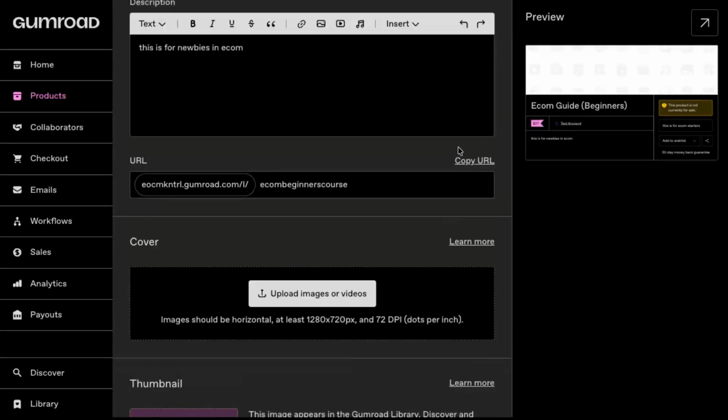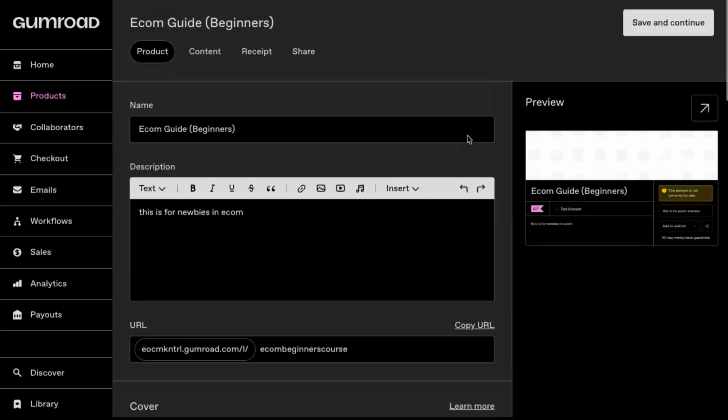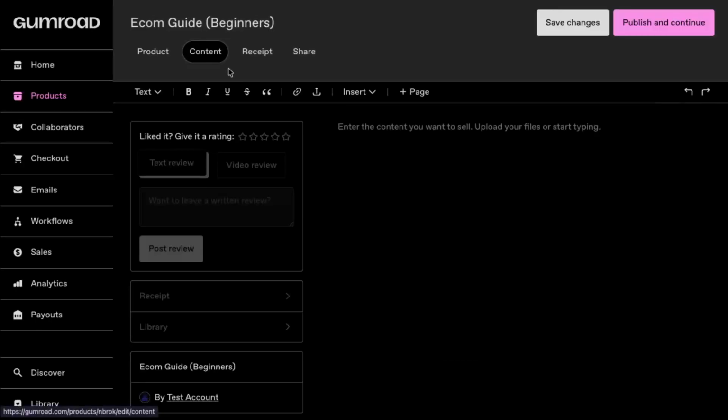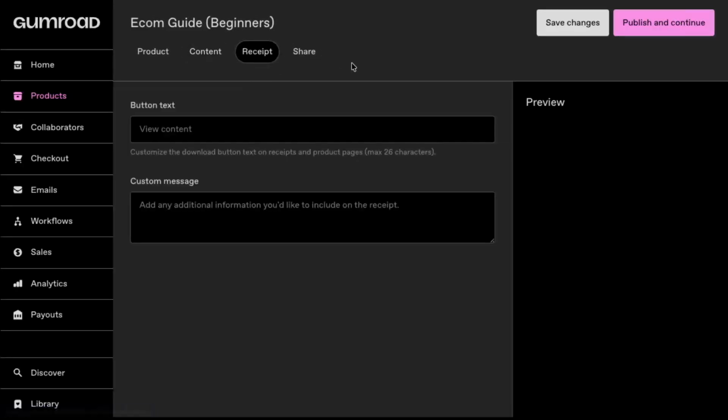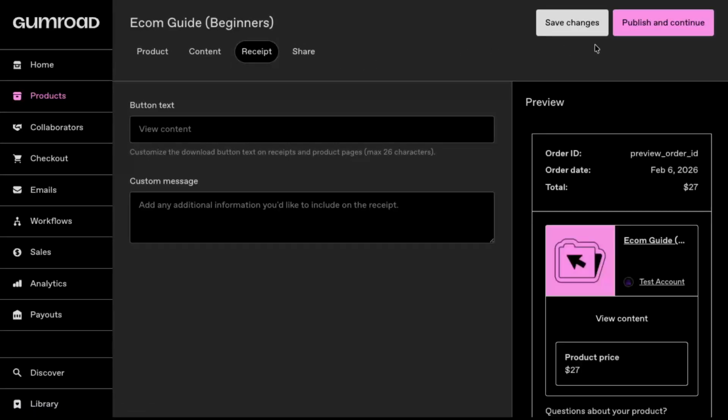At the top, click the Content tab to upload the actual digital files your customers will get. Then switch to the Receipt tab to customize the button text and add a thank you message or next steps. Go to the Share tab when you're ready, then click Publish and Continue. Gumroad will walk you through the final, very straightforward steps. And once you're done, your digital product is live and